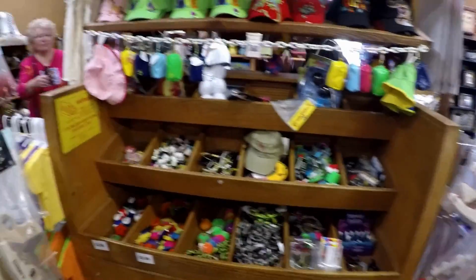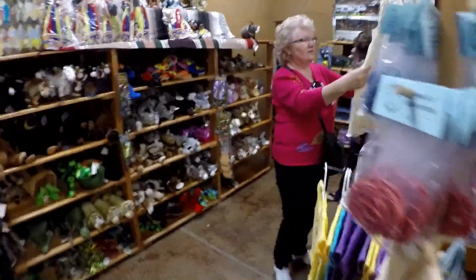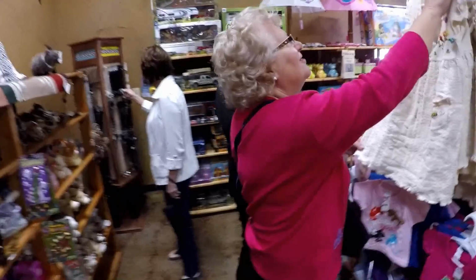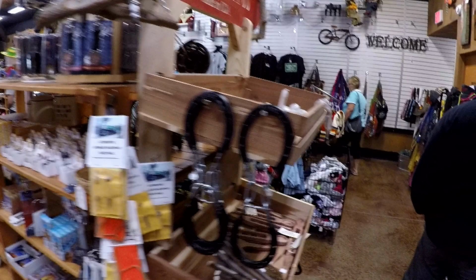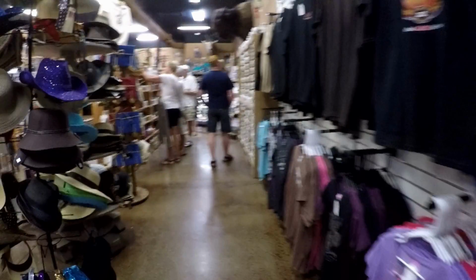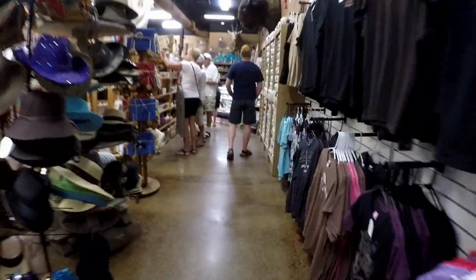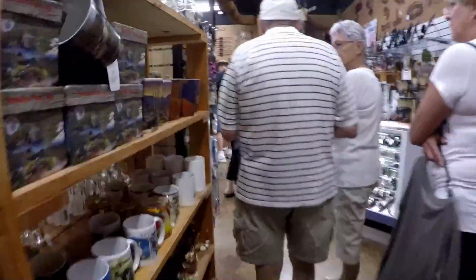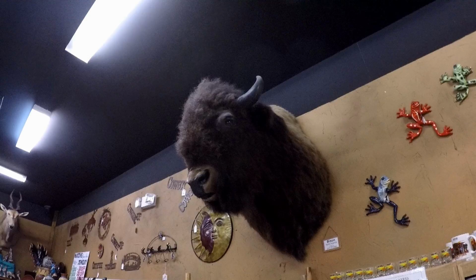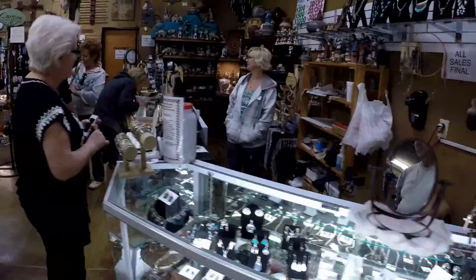Well, I don't know about you, but if you've been in one gift shop, you've been in every gift shop. Here's Irene checking out some of the goods here. All gift shops have to have the same stuff for sale. You got to have your horseshoe puzzle game. Of course, you got to have some t-shirts and some hats. Then you need a place to stack up your personalized mugs with your name on it. And you need something to draw attention to something different, like a buffalo head in the desert. Then you need jewelry cases, books,